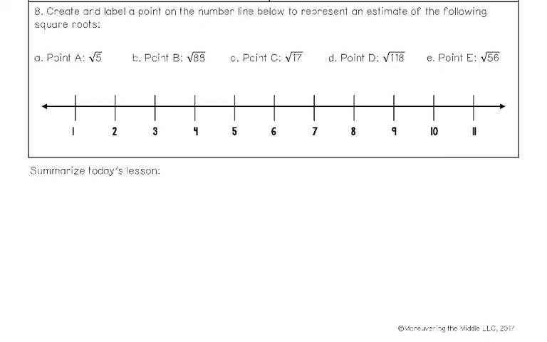So for number 8, this is going to be the last one. This is going to be a very helpful tool for you to use. So you're going to want to go ahead and just fill this out along with me, and then you can answer the question. So it says create and label a point on the number line to represent an estimate of the following square roots. So I'm going to start by just creating a number line with square roots instead of